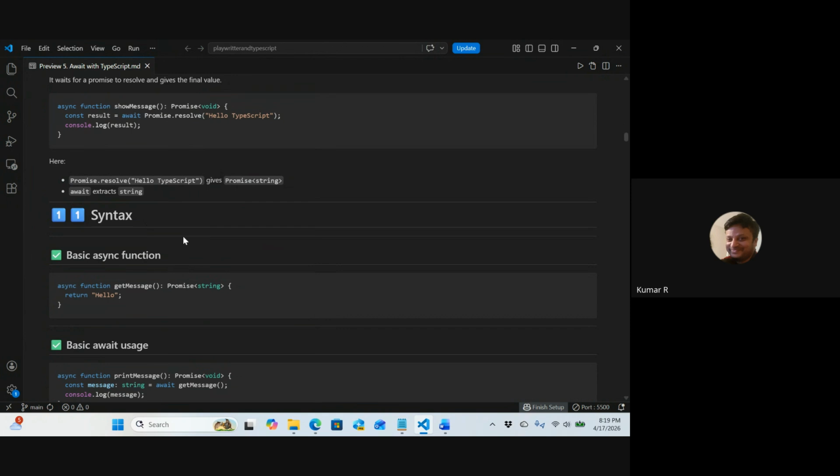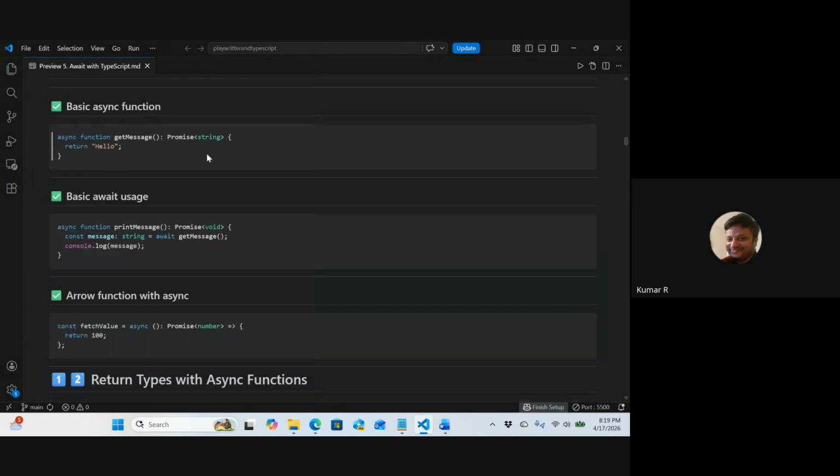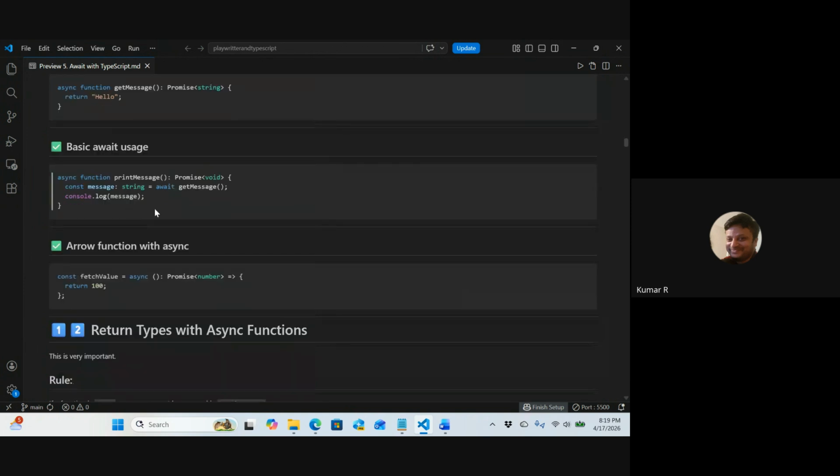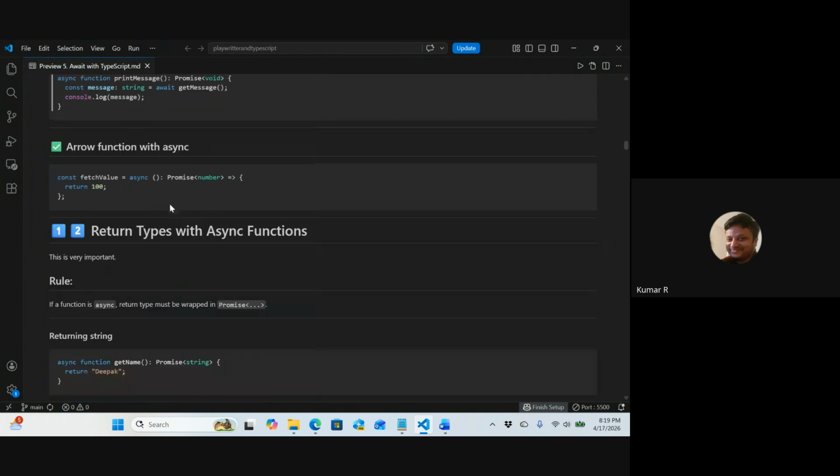Basic async function. async function getMessage(): Promise<string> returns "Hello". Its usage: async function printMessage(): Promise<void> { const message = await getMessage(); console.log(message); }